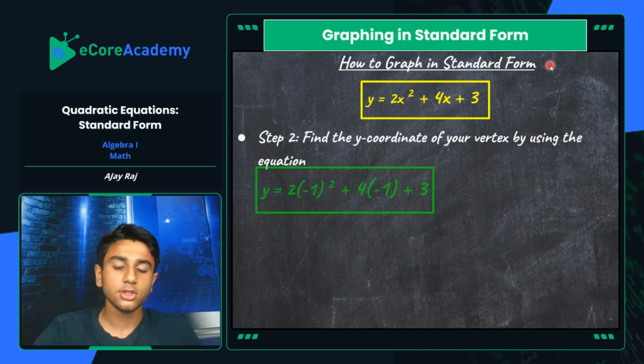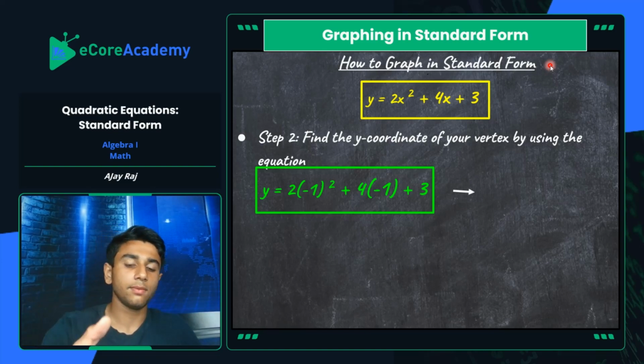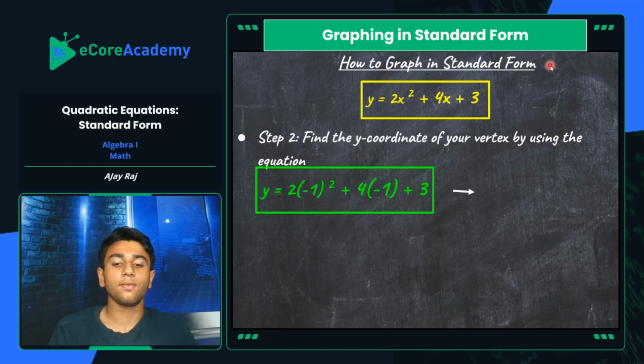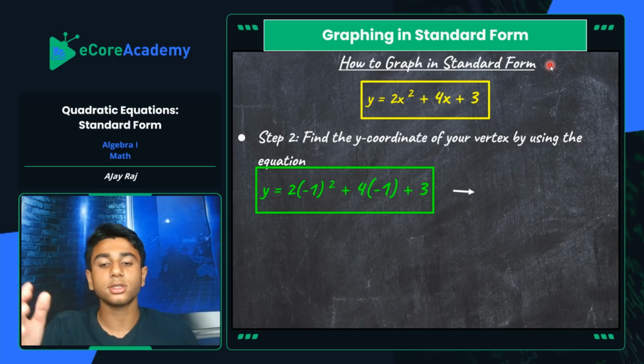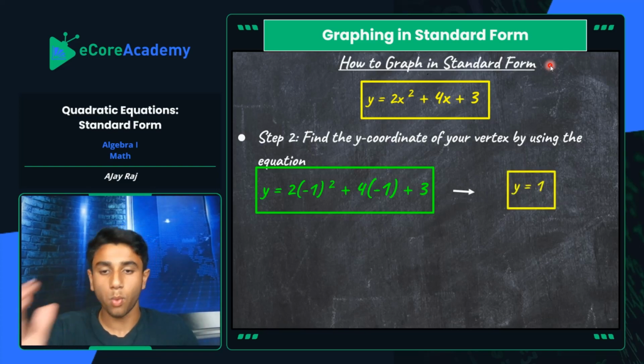equation. So since we know our x value and we want to find the correlating y value, we're just going to plug in our x, our -1. So we have y equals 2 times -1 squared plus 4 times -1 plus 3. If we do the simple mental math, we take -1 squared, that's going to be 1. So we're left with 2 times 1, which is 2. And then, of course, 4 times -1, that's going to be -4. And we're adding that to 3. So when you have 2 plus -4 plus 3, you're going to be left with y equals 1, positive 1